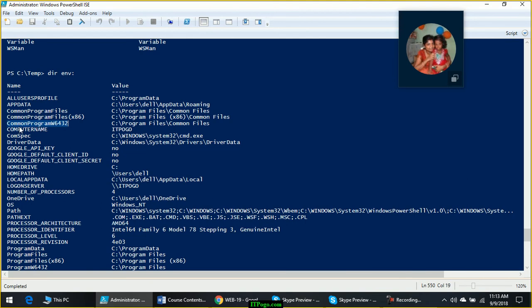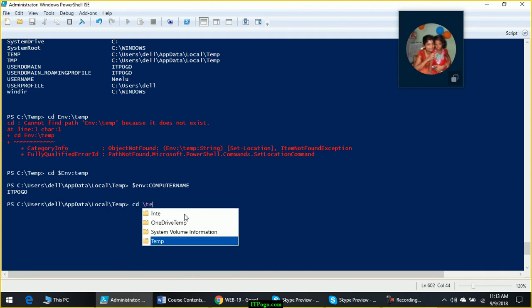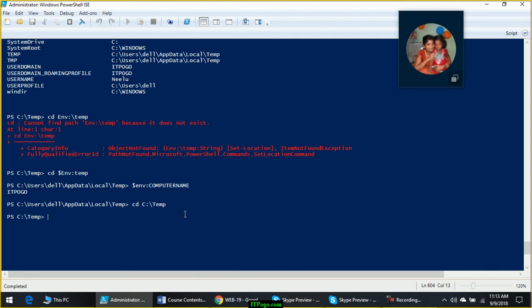See here, the name of the variable is computername and the value is IT Pogo. So this is how you can make use of environmental variables in PowerShell. Any questions around this?